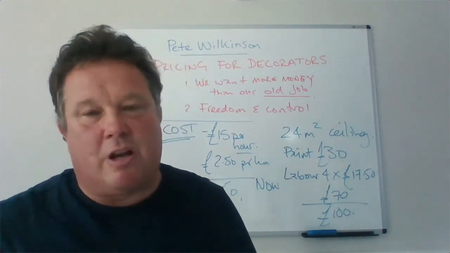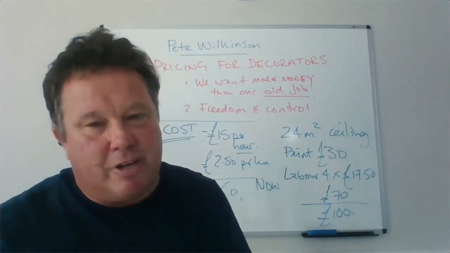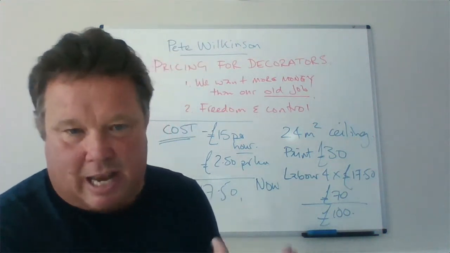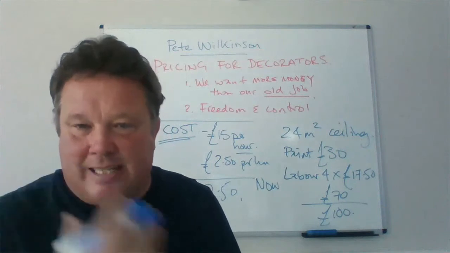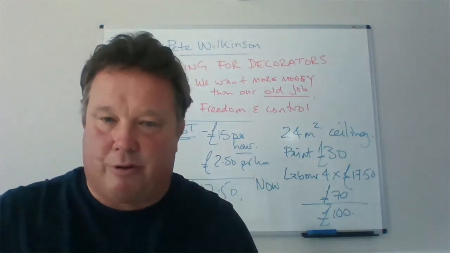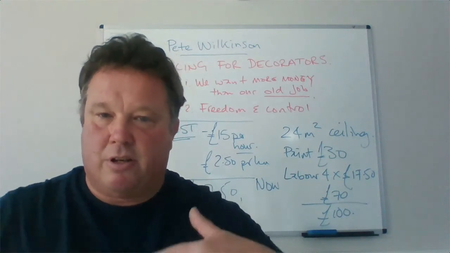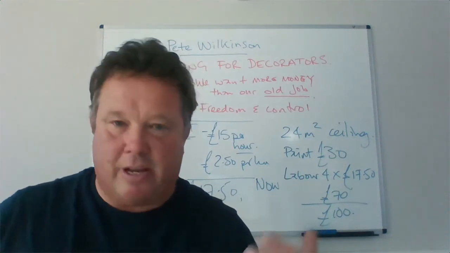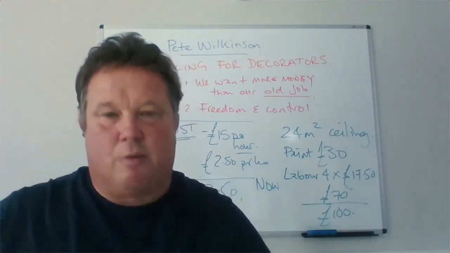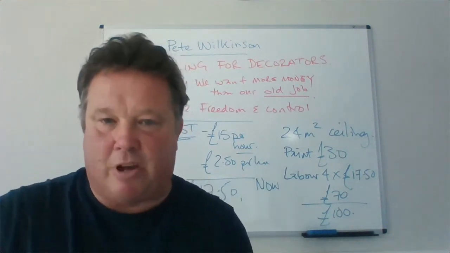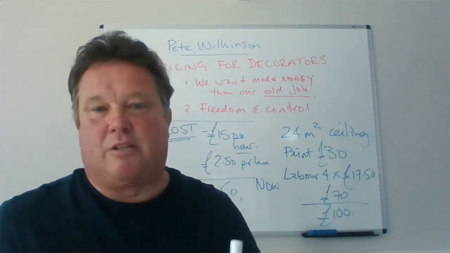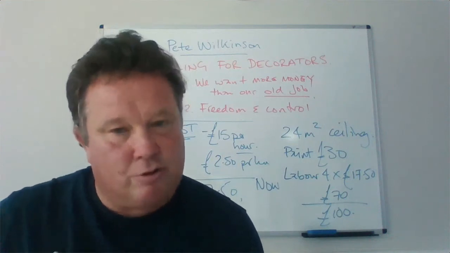Now, I've talked to a lot of decorators, and the average is around about £6 a metre for that particular type of work. So you can see at £6, that's the market price, you've got some profit, because the cost price is £4.15 and the market price is £6. That's your profit there. Now, what some do is they just put a percentage profit on. So they'll say, my cost price is £4.15, I'm going to put 20% on for profit. But personally, I don't do that, because